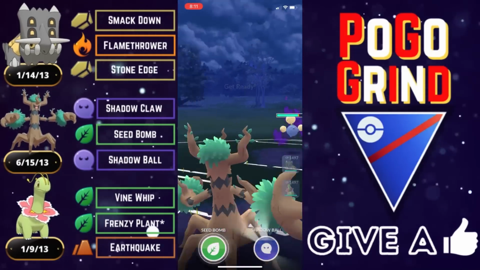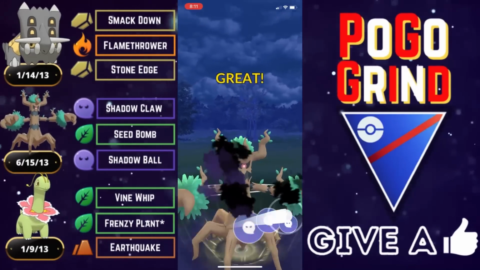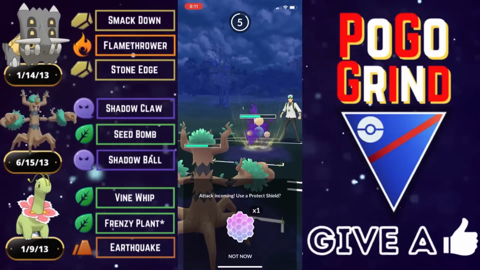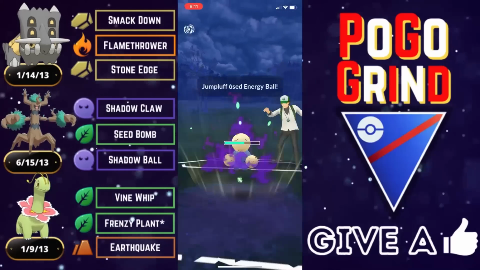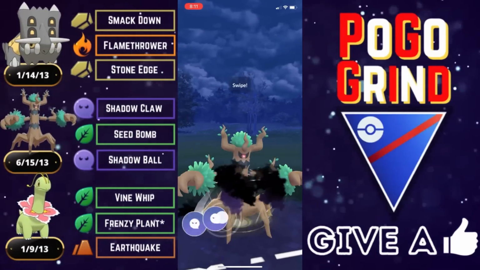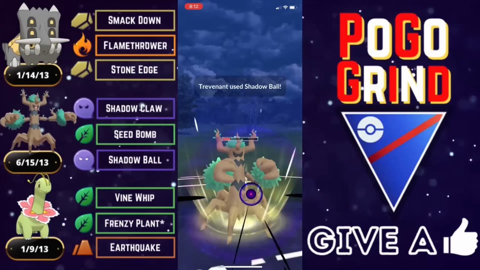They do bait with the Energy Ball. That is fine. Gonna go for a Shadow Ball here. They can definitely tank this even in the shadow form. Jumpluff is quite tanky, but they shield. So we are going to shield this as well. No, we're gonna let this go. We're gonna call this, and they're just going straight an Energy Ball on a grass type. That is interesting. I don't know if they have Frustration or missed the community day, not sure, but we're still